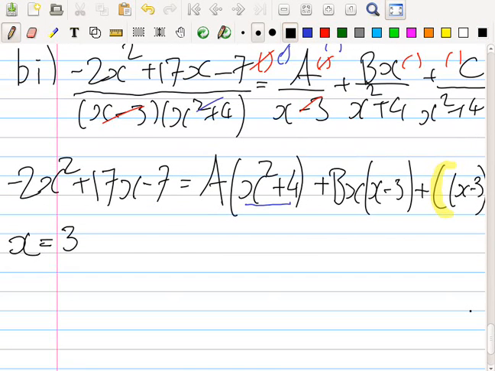Right. What was I saying? What am I putting? Minus 3, isn't it? No, x is 3. How did you get x is 3? You would just have to look and pick a value that will make things cancel as much as possible. So you see, if I put x as 3,